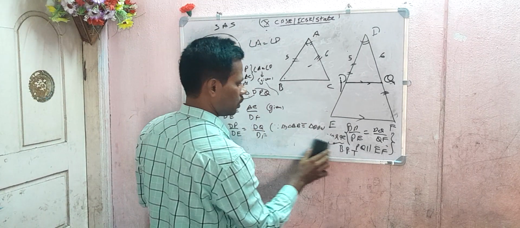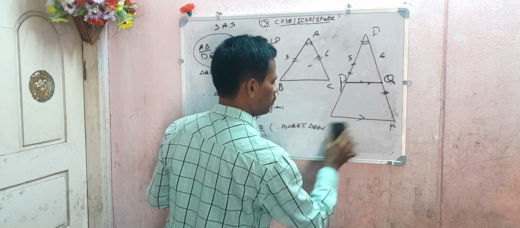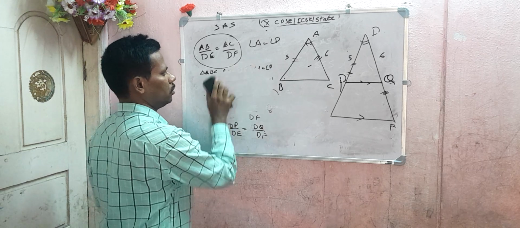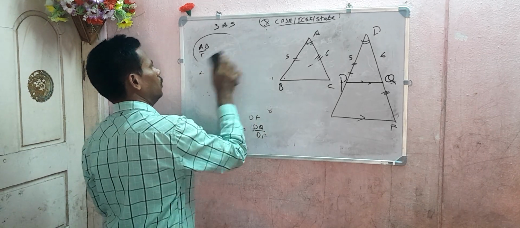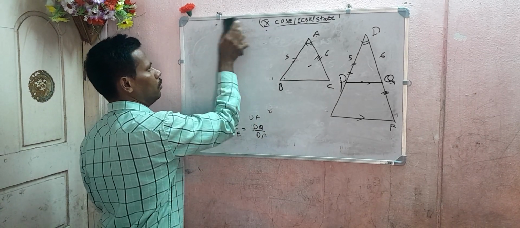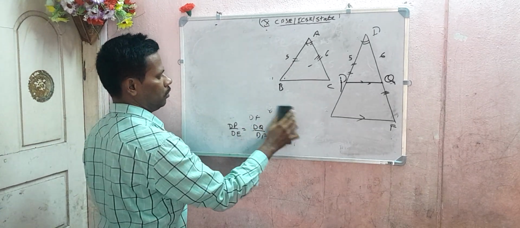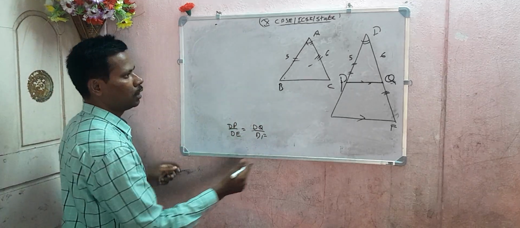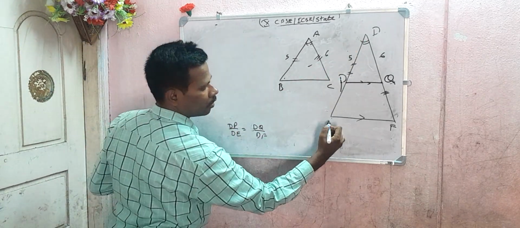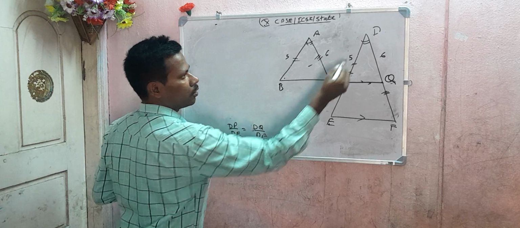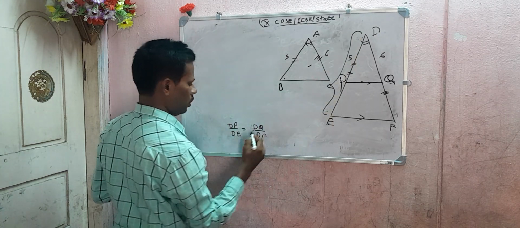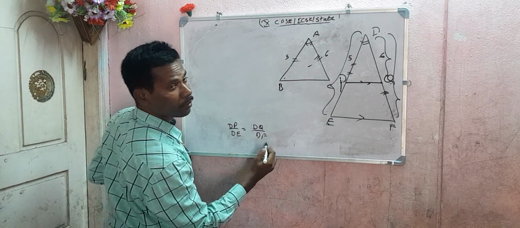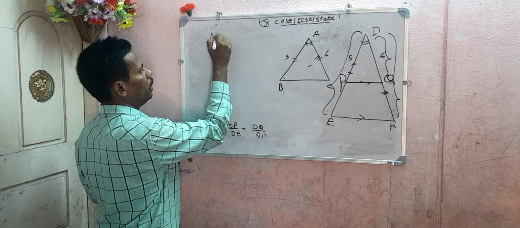Already we forget about this. Come back here. Now this whole thing I am erasing because it is confusing. Just see here, dP by dE, this length by this length, is equal to dQ by dF. That means by the converse